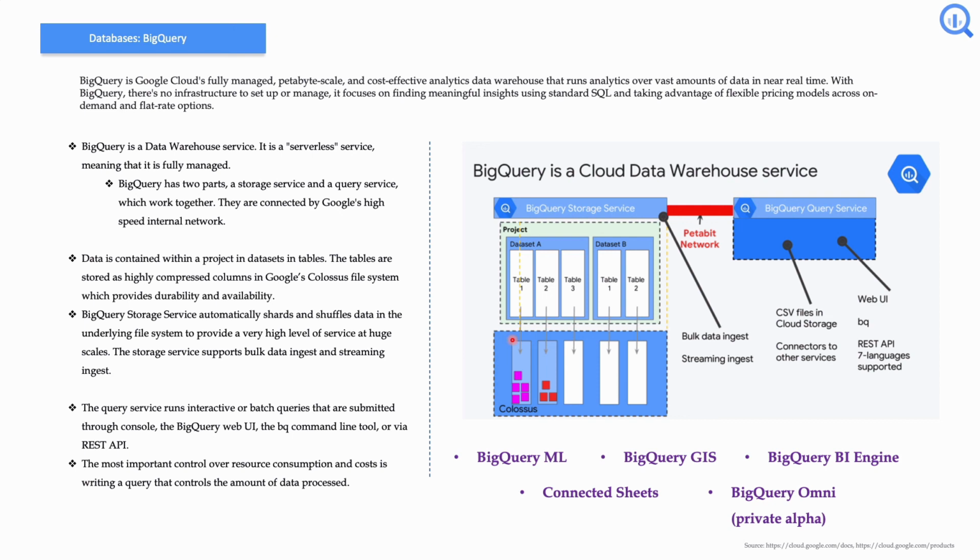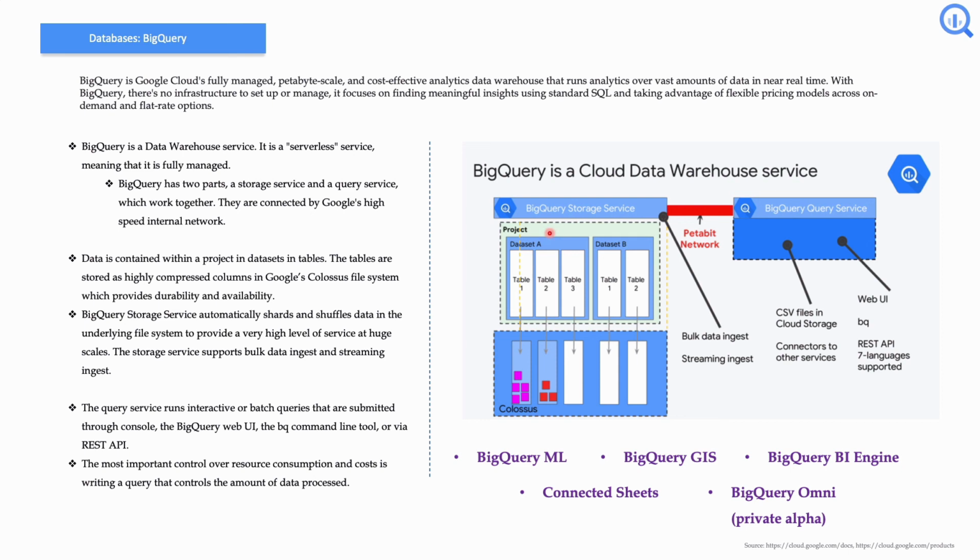It's a database service which has primarily two parts: storage service and the query service. As part of the storage service, you have a realm of project, data sets, and table. So you organize your data in terms of table, then the data sets, and they all sit under a project. The data, which is part of the tables, sits in a Google native file system called Colossus, which is highly